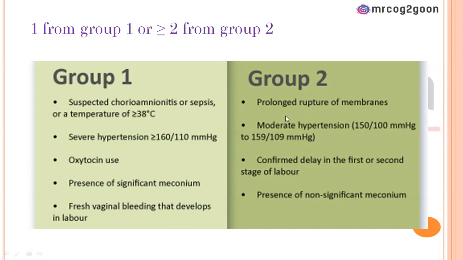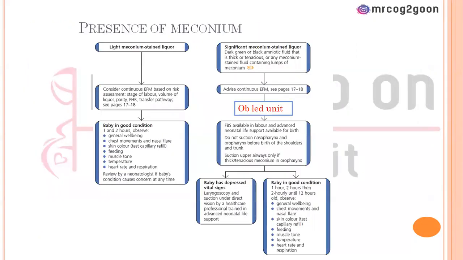Here, for group two: prolonged rupture, moderate hypertension, confirmed delay in first or second stage, and presence of non-significant meconium. And we will talk later about what is significant and what is non-significant meconium. Here it is, significant and non-significant meconium. Light meconium or non-significant meconium, and there is significant meconium. Significant meconium, this is dark green or black amniotic fluid that is thick or tenacious, or any meconium stained fluid